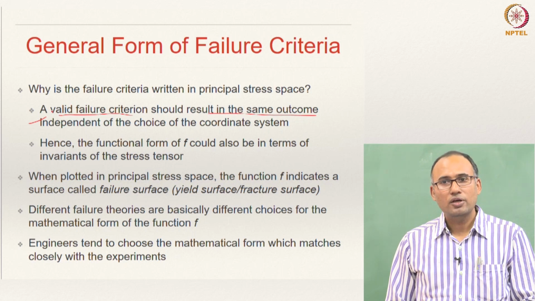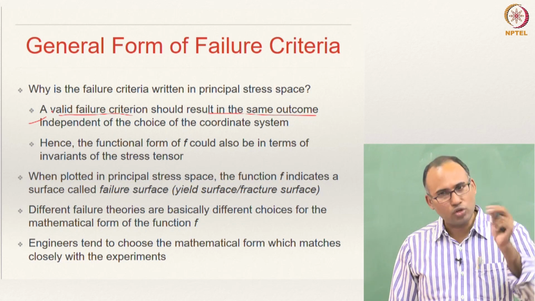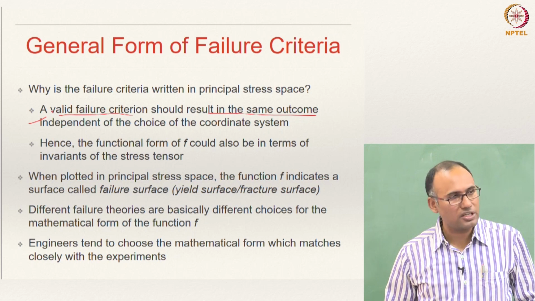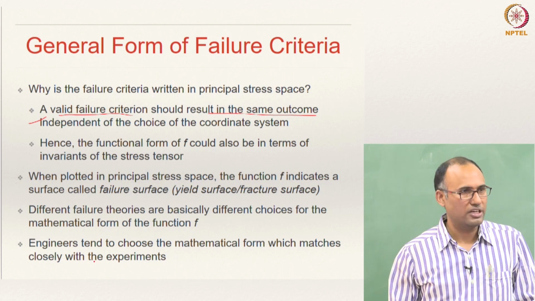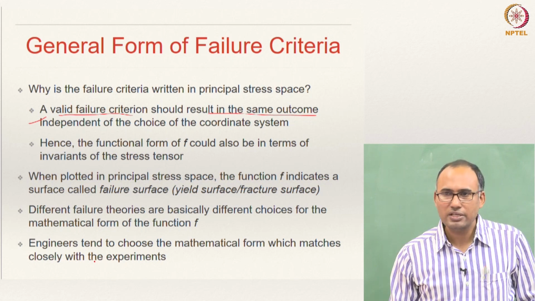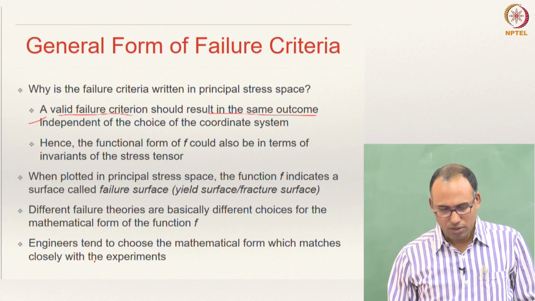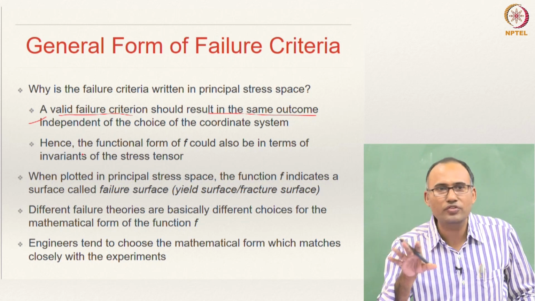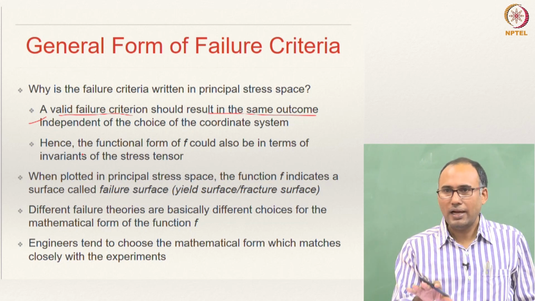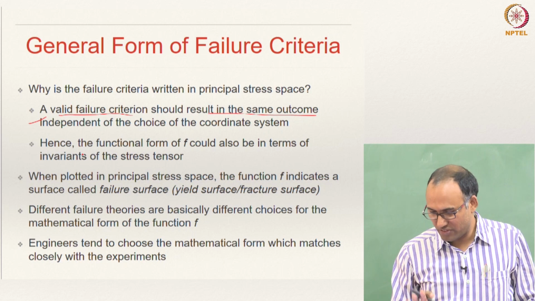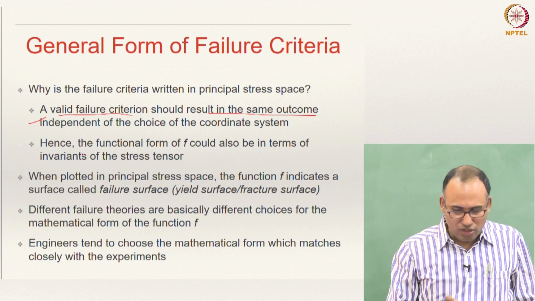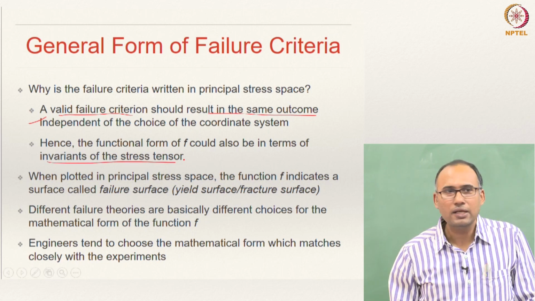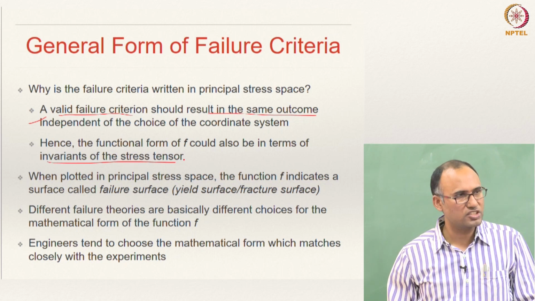But principal stress space is not the only choice, you can also use other invariants of the stress tensor. Okay? So, other invariants of the stress tensor can also be possible candidates for writing your failure criterion. What do we mean by invariants? We will come to it in a moment, or maybe today or tomorrow. All the requirement is that it should be independent of the choice of your coordinate frame of reference. That is the only requirement, and that is the reason why the principal frame of reference is considered. Or you can also consider the invariants of the stress tensor. You can write it in both ways. We will see there are failure theories which are written in terms of the invariants of the stress tensor.